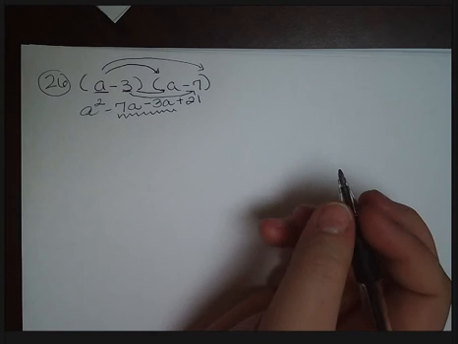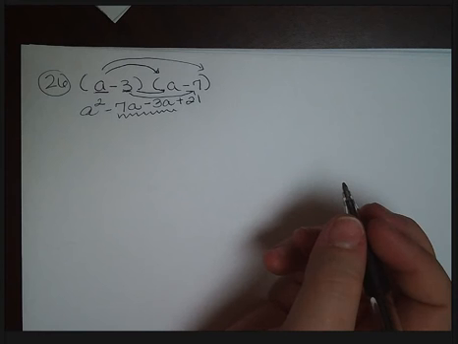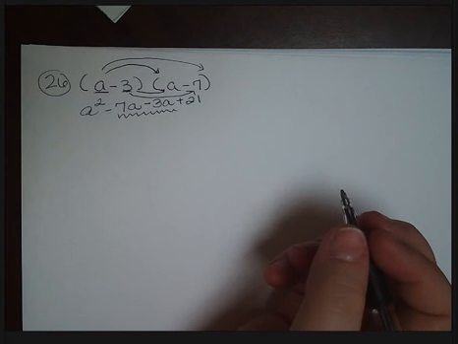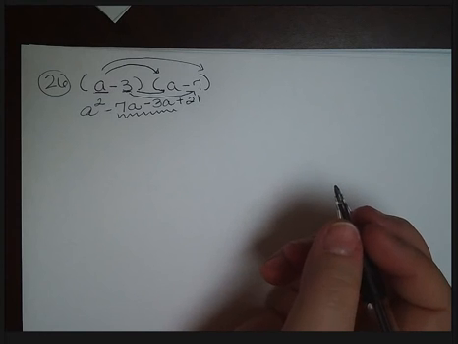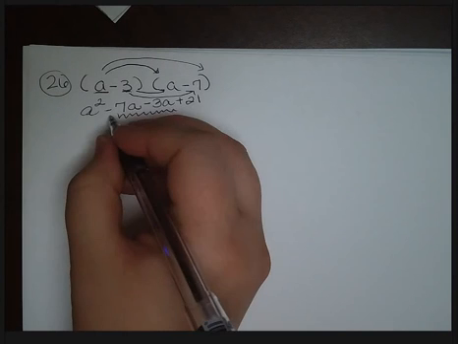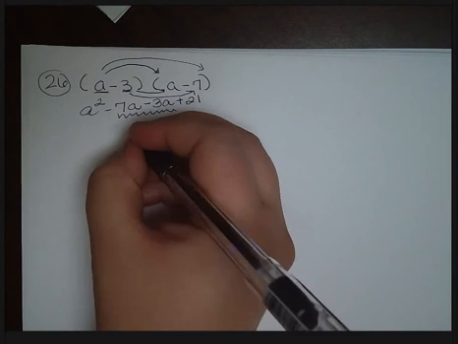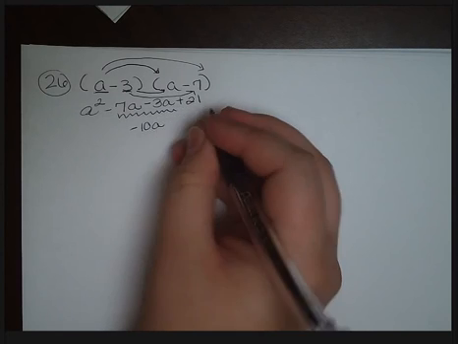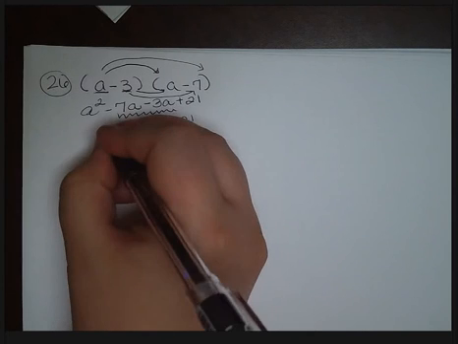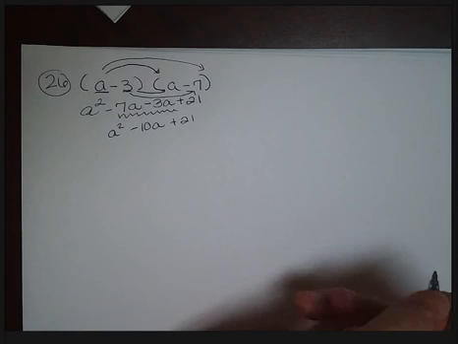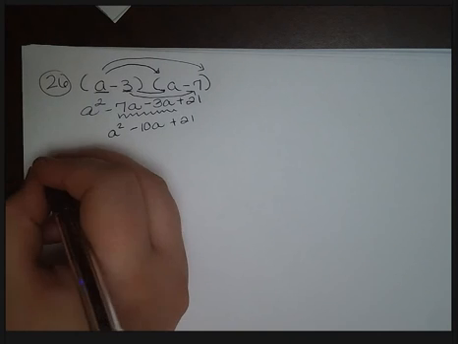Most of the time in this class, when you have a binomial times a binomial, you're going to run into where you can combine those two middle terms. So negative 7a minus 3a is negative 10a, and you bring down everything else. Okay? Problem number 28